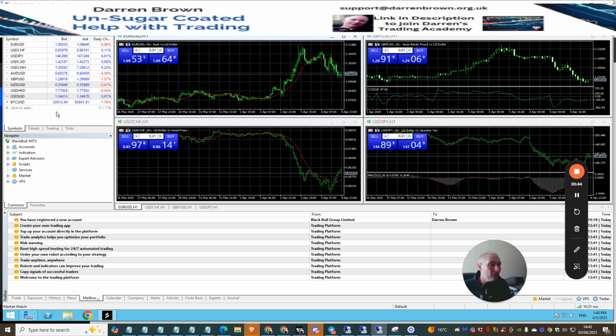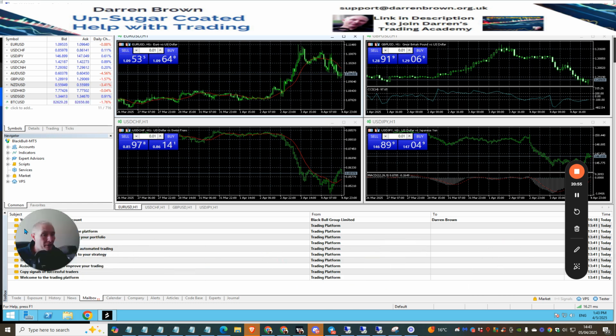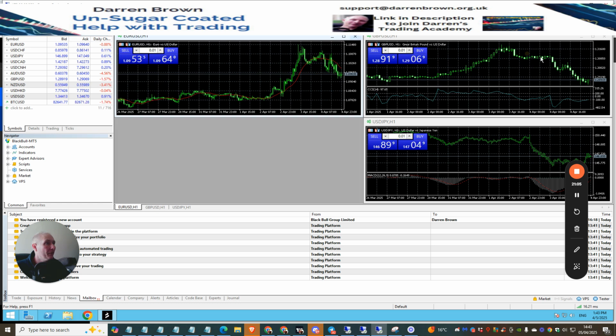One of the reasons why I wanted to go into the Blackbull, okay, I use my Darwinex accounts and I trade on these by using known support and resistance lines. One of the reasons why I wanted to get a Blackbull account is because where it's got Bitcoin, you can trade 24/7, all right, because it's a crypto. So a crypto doesn't sleep, stays awake all the time, not like